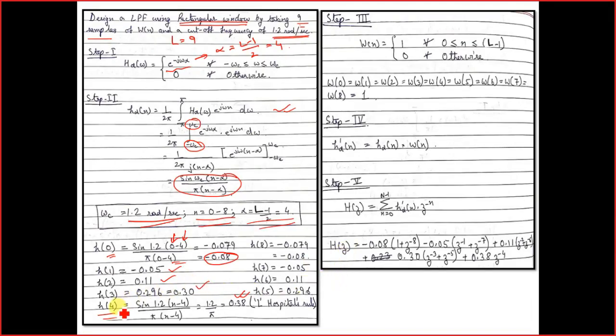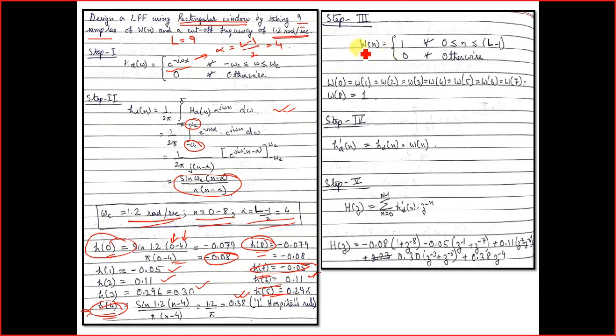Here also, if you see, h of 4 is the middle point, and then you go for h of 5, h of 6, h of 7 and h of 8. I have kept h of 0 and h of 8 side by side because both have the same values. Similarly, h of 1 and h of 7 have the same values. H of 2 and h of 6 also have the same values. So in this fashion you got it.